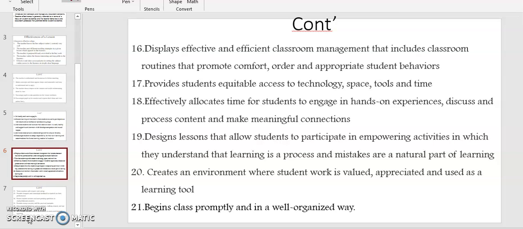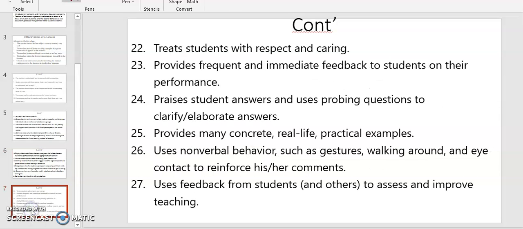Lessons are effective when they create an environment where students' work is valued, appreciated, and used as a learning tool. Learning is also very effective when teachers begin class promptly and in a well-organized way. 22. We can also summarize by saying that lessons are effective when teachers treat students with respect and caring, when